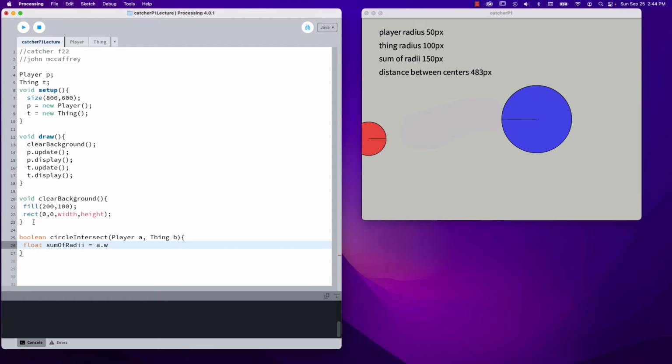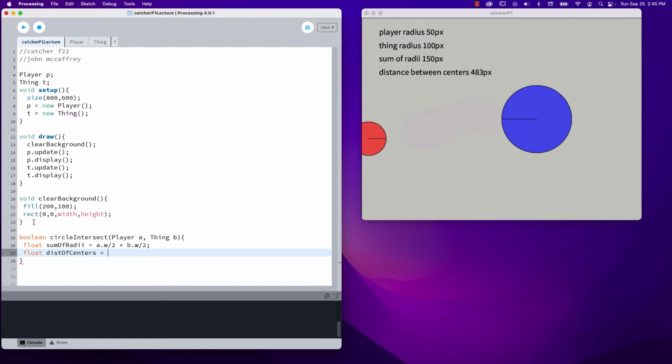We could have built our circles using the circle method, and it would only have a radius value anyway, but we take our width and divide it by 2. That's the radius of the player. And now the radius of my thing, which is b dot width divided by 2. Now I'll make a second one, and this time I'm going to say distance of centers is going to be